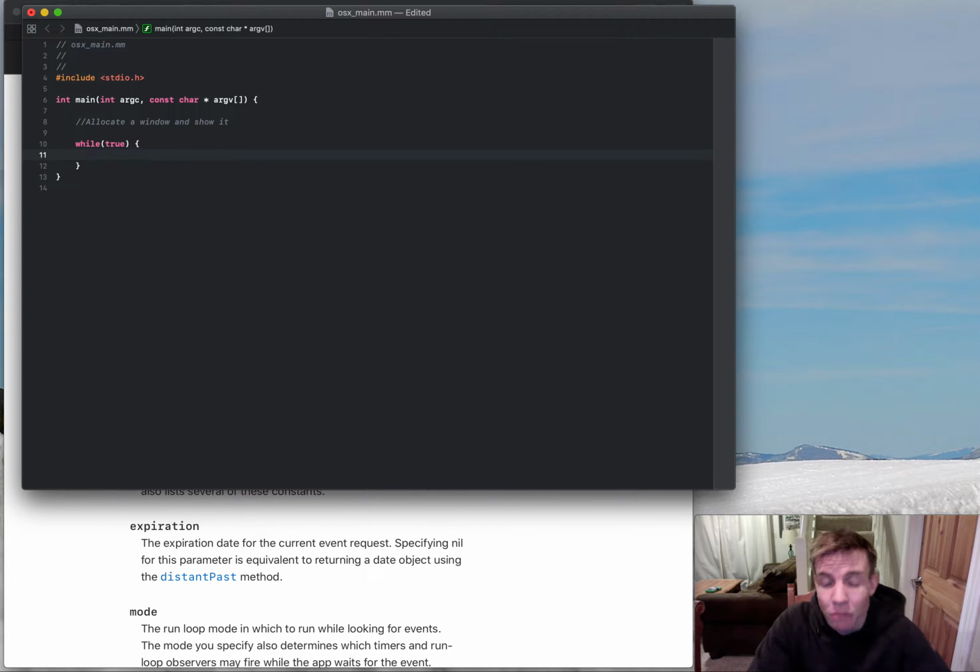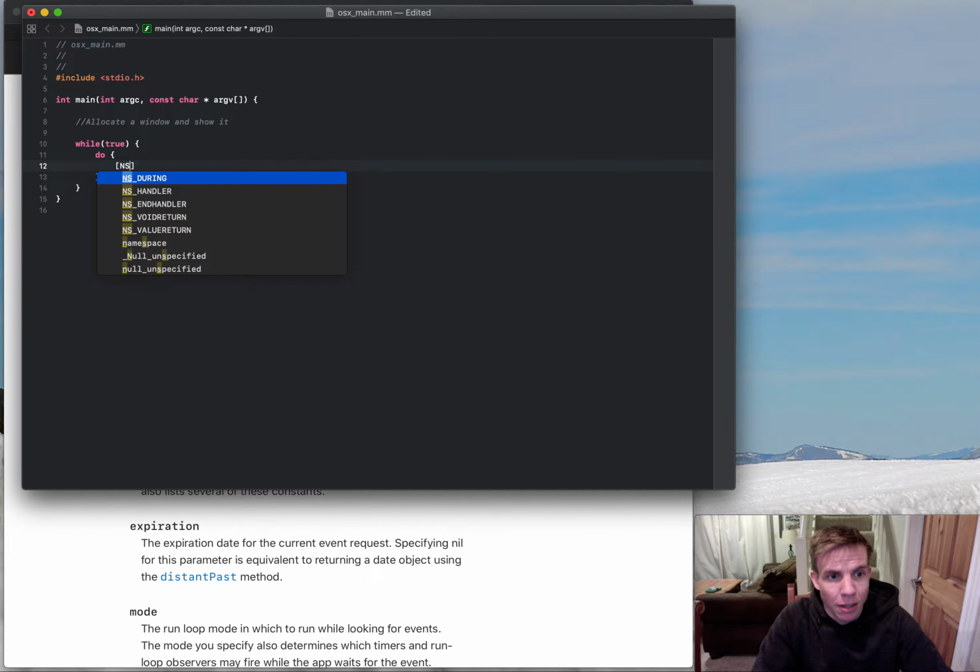So we actually have two nested loops. We've got one loop that is kind of this outer loop. Every time we've processed all the operating system messages, we'll run it again, and we'll process them again, and we'll keep processing them. But inside here, we've actually got a second loop. So it's something like